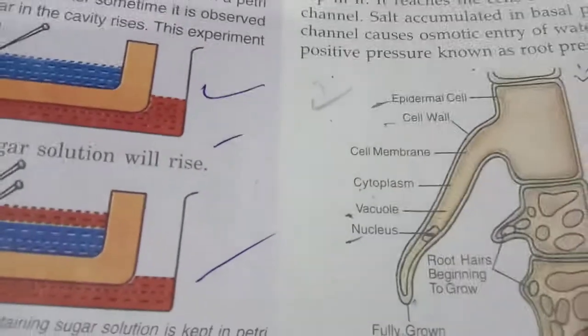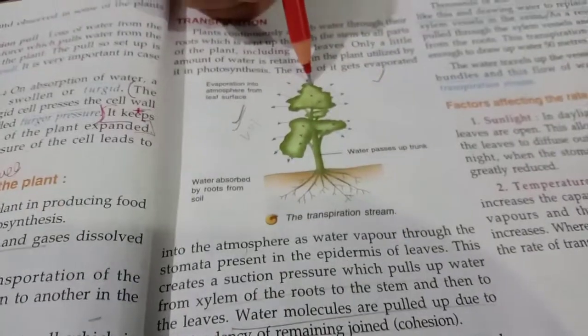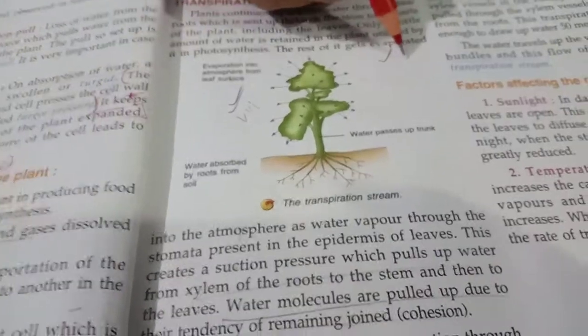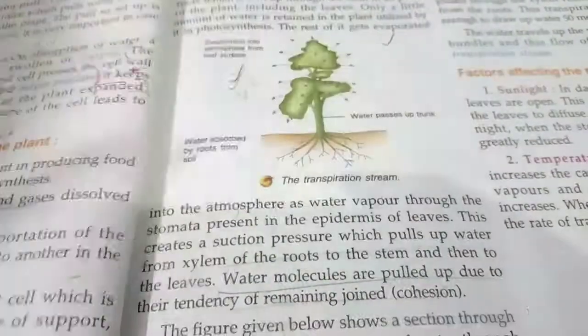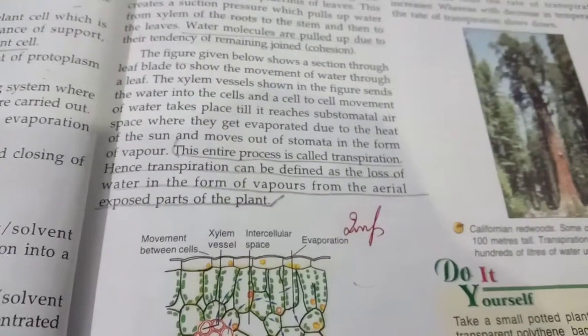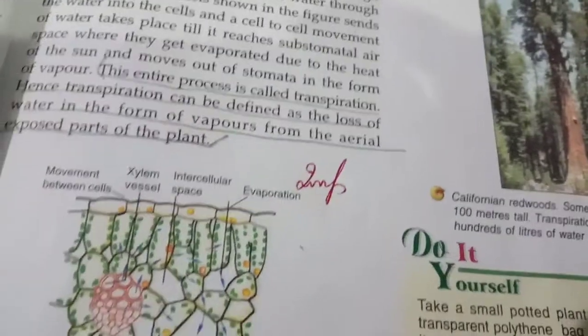Next diagram in this chapter, important ones. Come to the next one. Root hair cell, done. Come to this diagram. This is also important. This and this. Transpiration. This diagram, do it in your copy. Important. Only the diagram. This important diagram. This is also important and this is also important for this chapter. Clear? According to the syllabus which I had given you to draw.